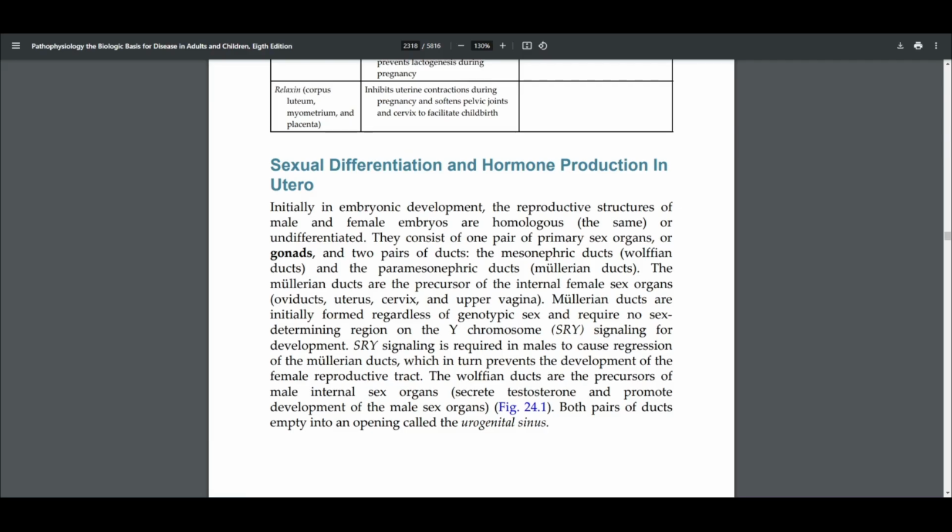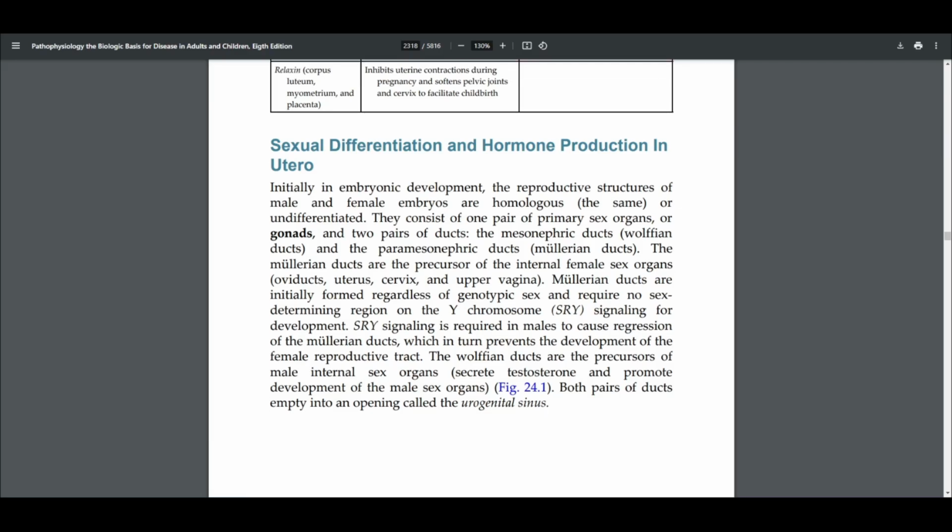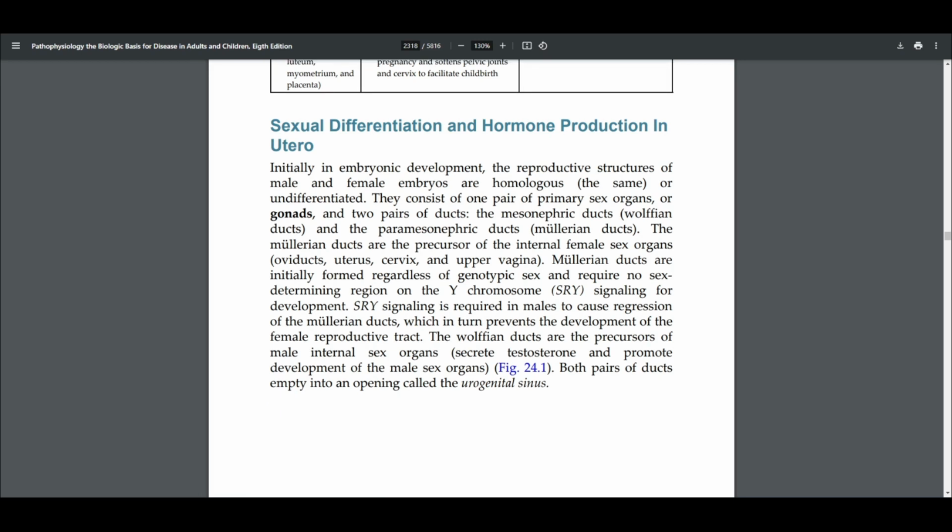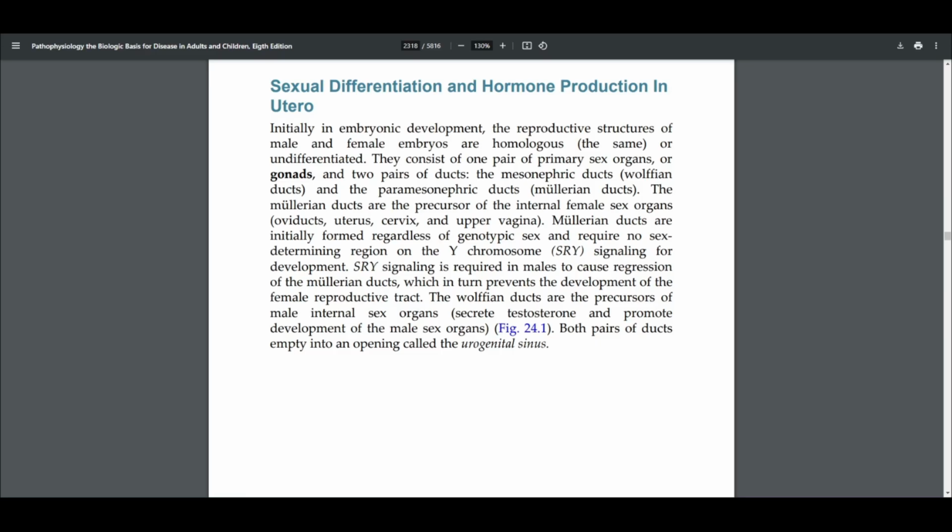The Müllerian ducts are the precursors of the internal female sex organs, including the oviducts, uterus, cervix, and upper vagina. Müllerian ducts are initially formed regardless of genotypic sex and require no sex-determining region on the Y